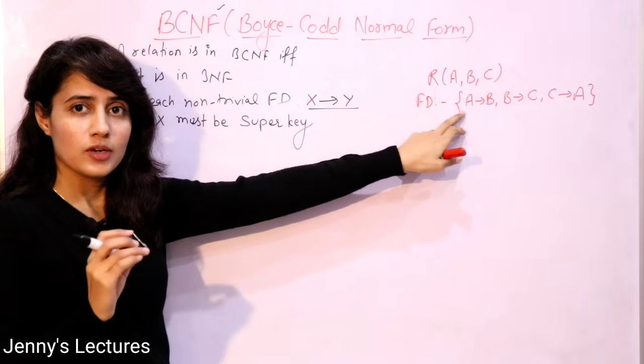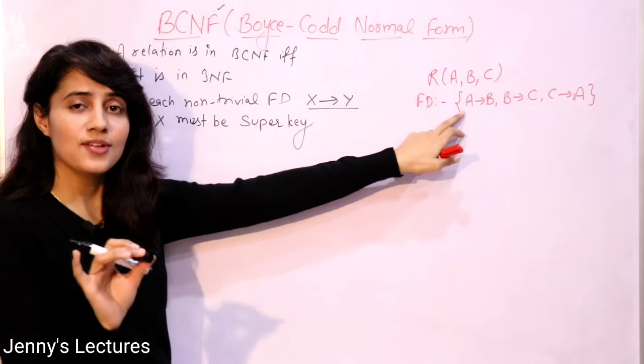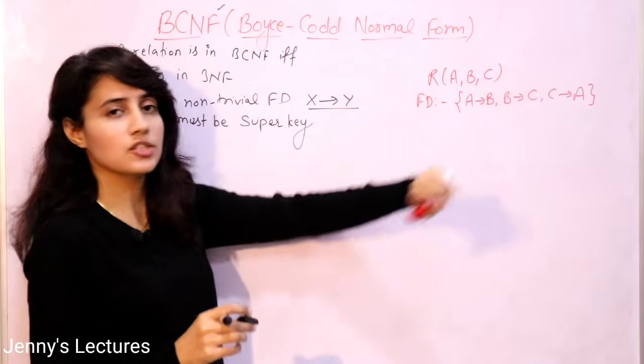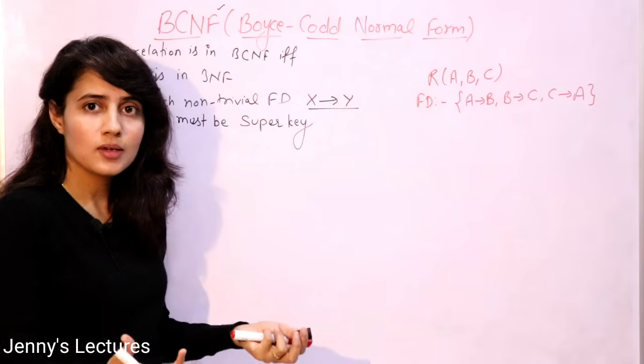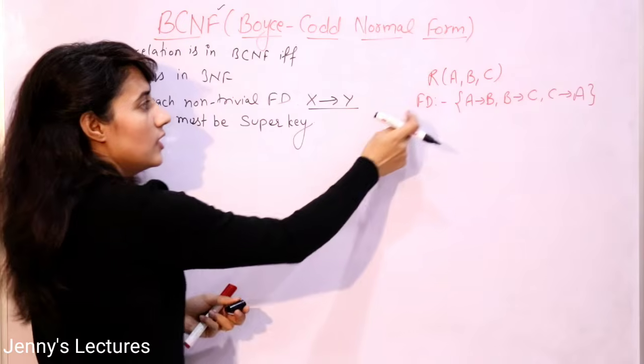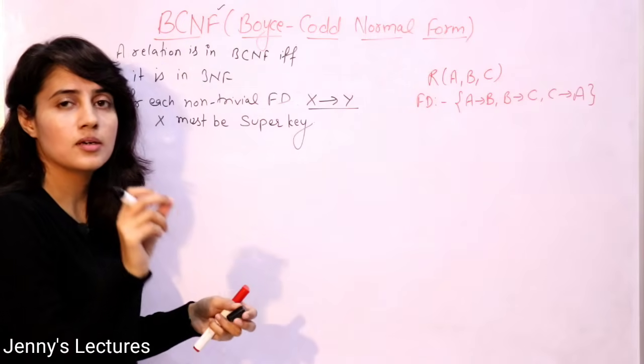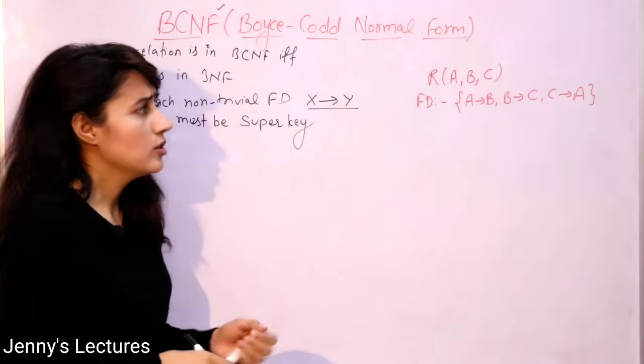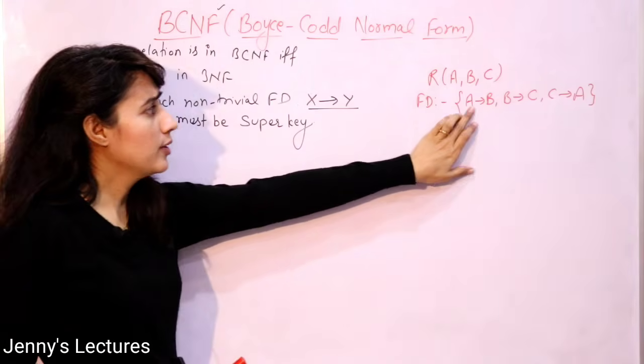Just find out the attribute closure, and if the attribute closure contains all the attributes of a given relation, then that is a super key, right? So let's check whether this relation is in BCNF or not. Here I will not simply check whether this is a super key or not,